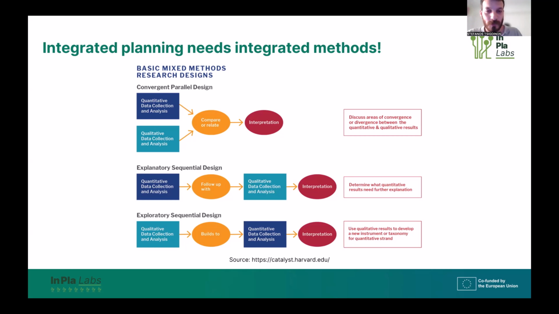If we want to explore something deeper, we have to first dig in qualitatively. So we can do some interviews, we can do some focus groups, and then we acquire a more detailed and more thorough view of our topic, and then we try to measure that. So I used the mixed methods approach for exploring something and interpreting that afterwards. So this is a very basic way of thinking, and we should really incorporate that into the integrated planning method.